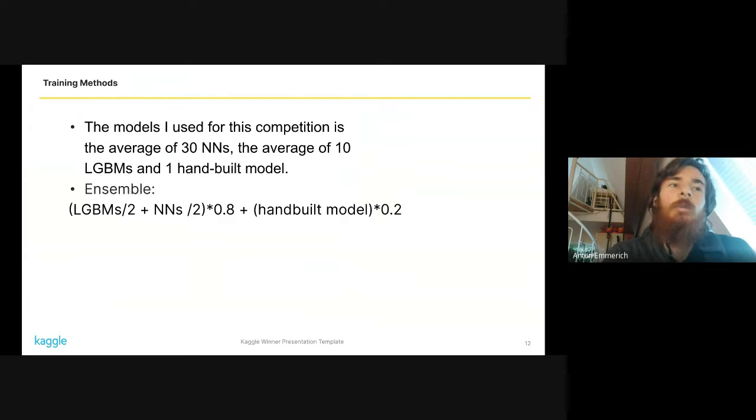And I did this both for the LGBMs and the neural networks for about a week, I think. And then I finally ensembled them. So what I did was take the same models a bunch of times, and the reason for doing this is